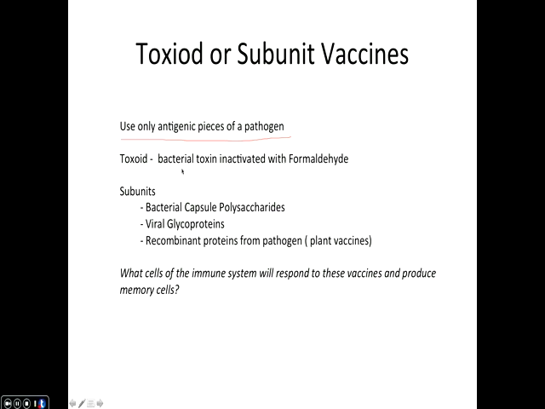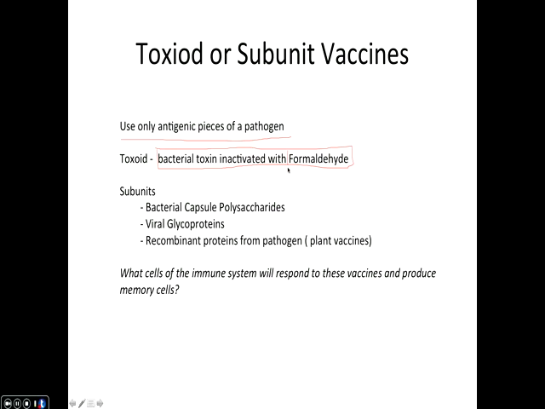So let's look at bacterial toxoid vaccines, which are actually used with a bacterial toxin. In many cases, bacteria like pertussis, that's the bacterial toxin that is actually so damaging. Diphtheria, as well, that you can actually conjugate or inactivate the bacterial toxin with formaldehyde, so it's kind of like an attenuated virus or heat inactivated vaccination. But in that case, it's just the bacterial toxin. You're not getting the actual organism.